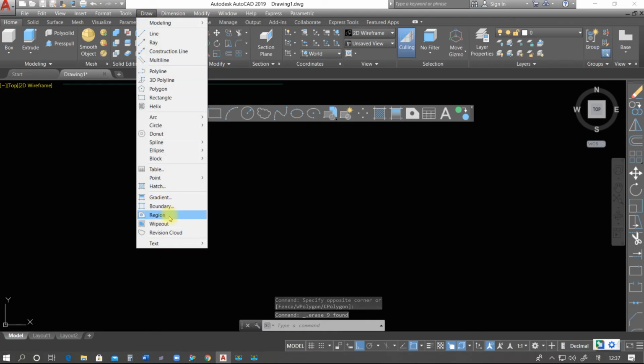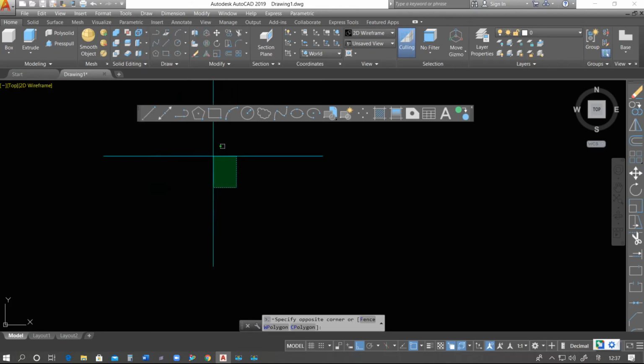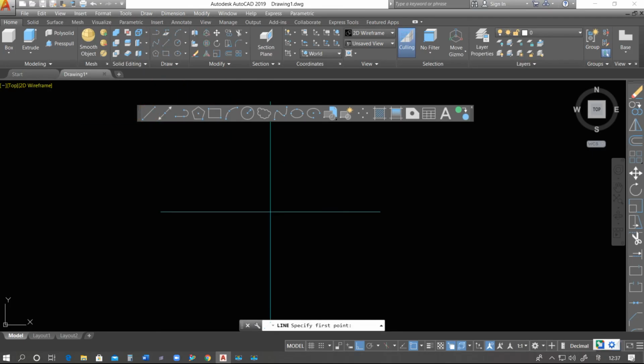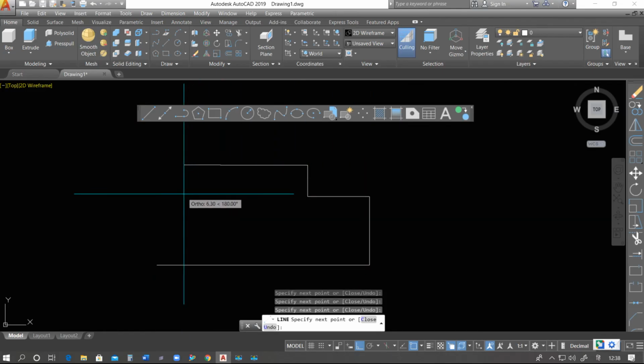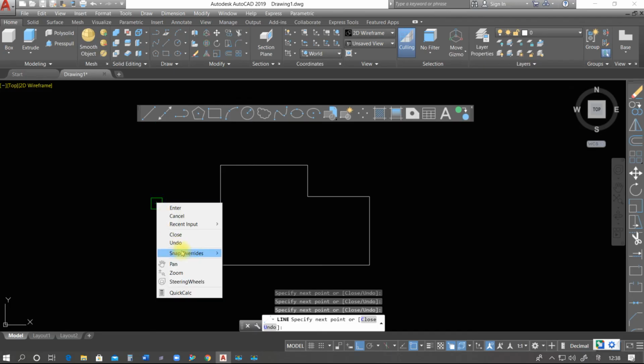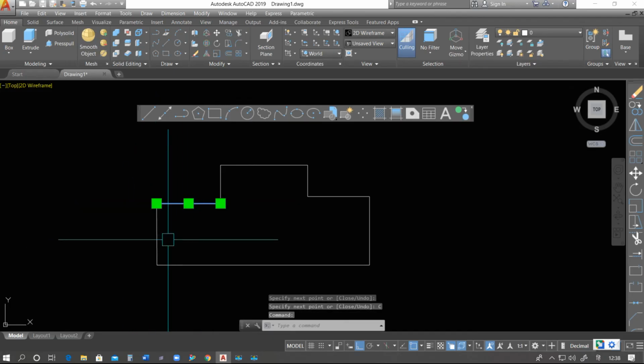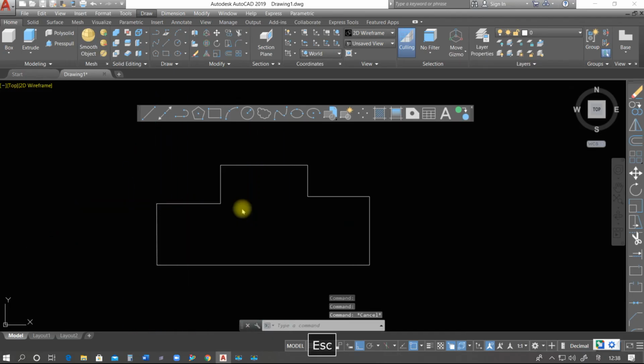So this is the boundary command. Next option is region. Boundary and region are quite similar, but there is some basic difference. Suppose I have such a profile. Close. Now I'm using region. Select these, press enter.